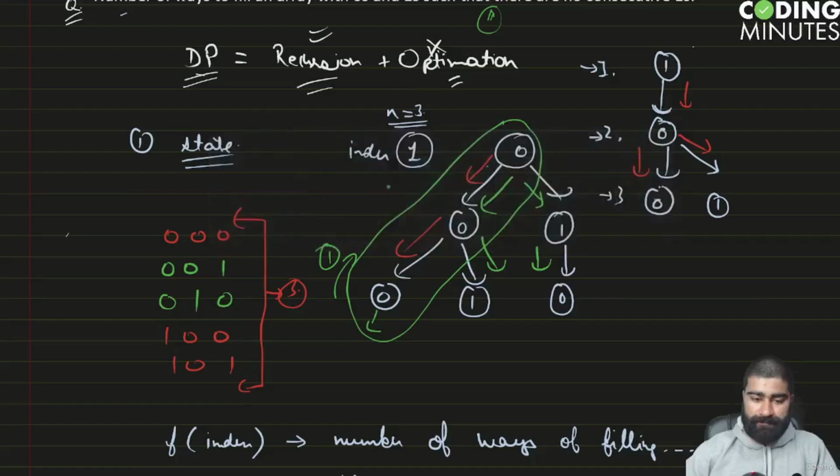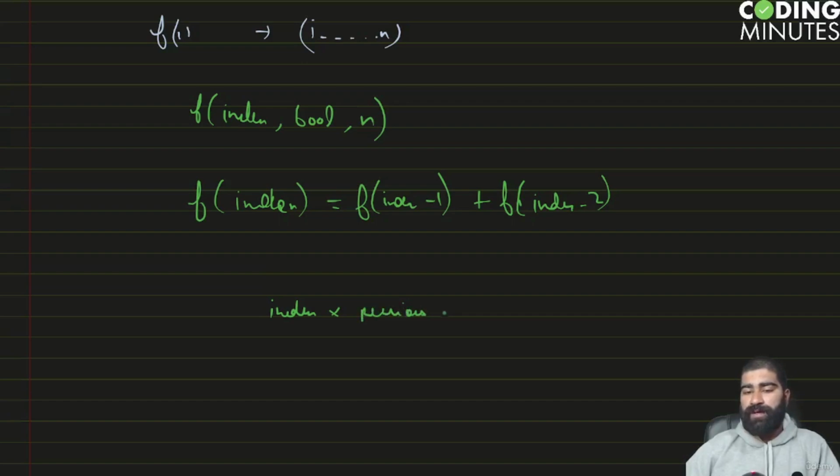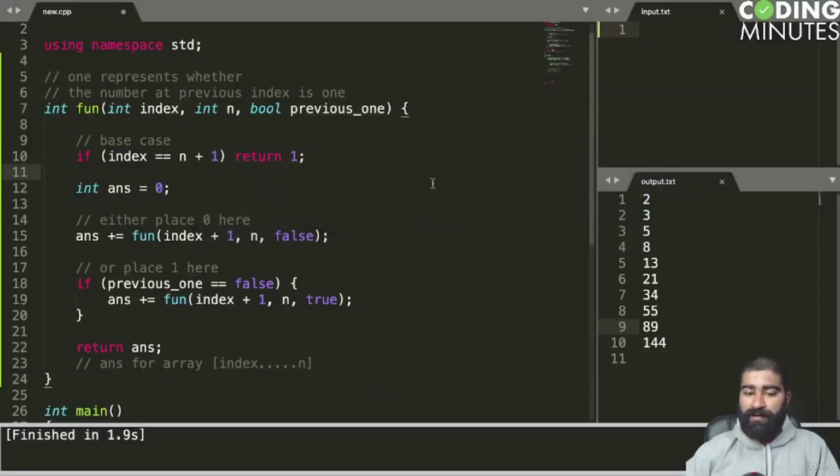Index into previous ones. And what is previous ones? How many previous ones are there? Because only these two are varying, right? So these many combinations I can have, right? So how many indexes are there? There are n indexes. And how many previous ones are there? N into 2. So I just need an array of n cross 2 to memorize this recursive solution